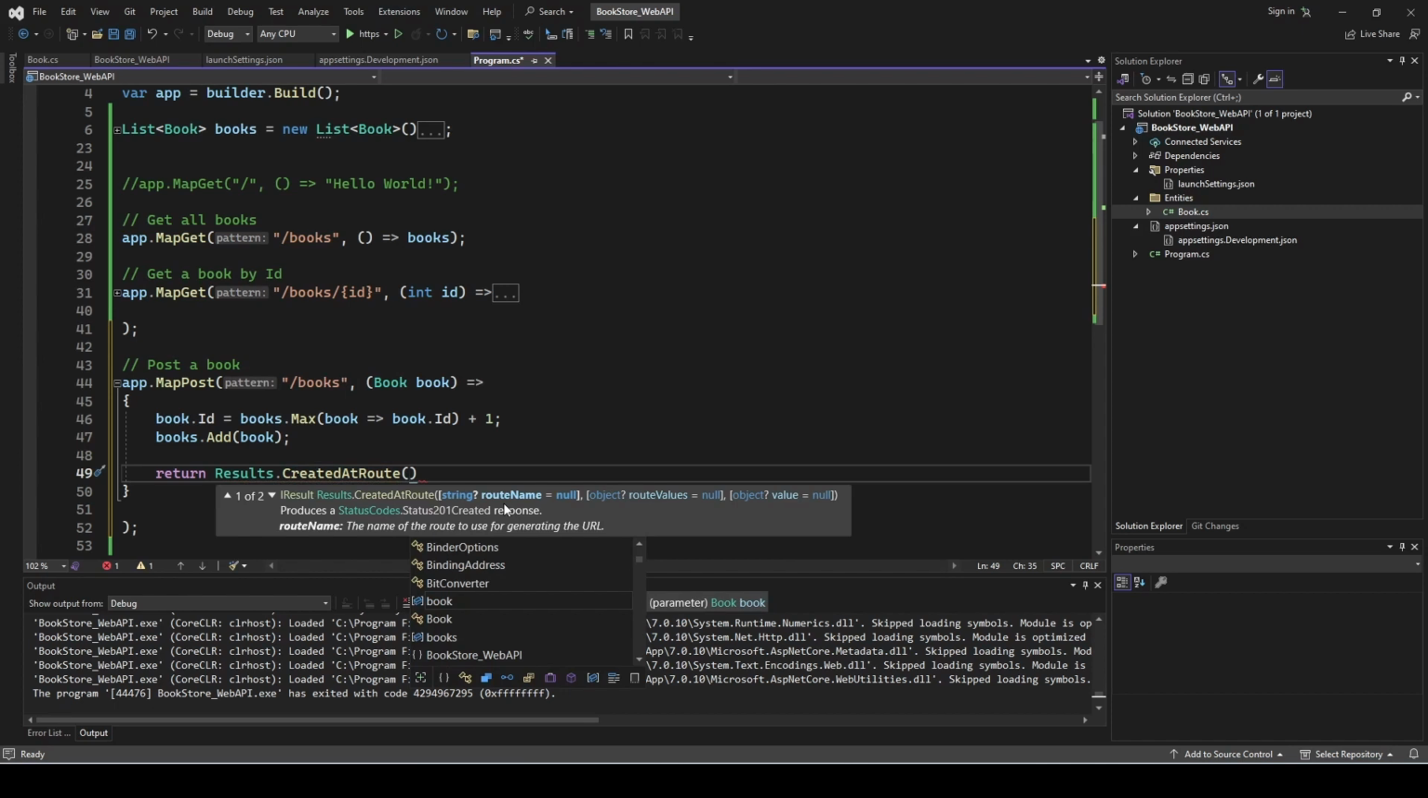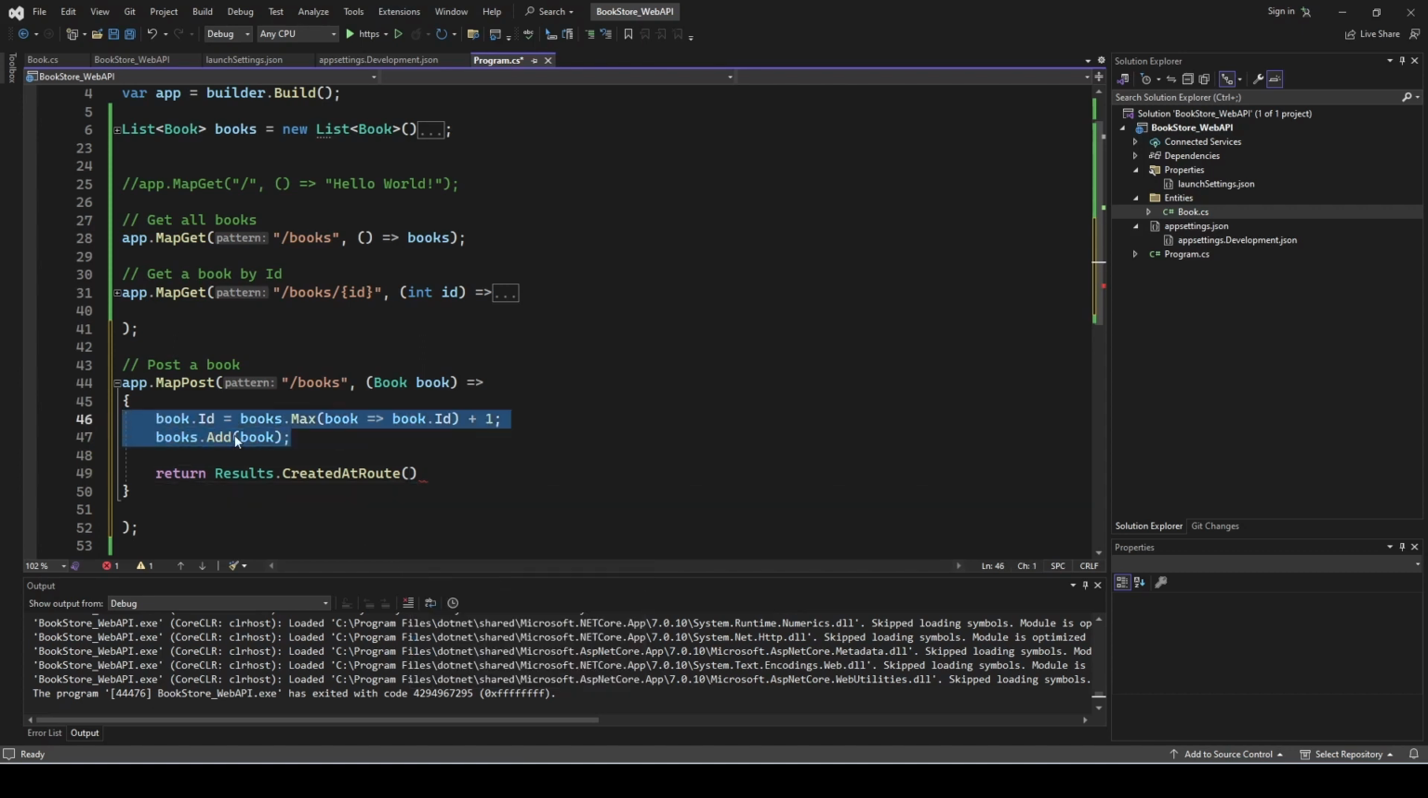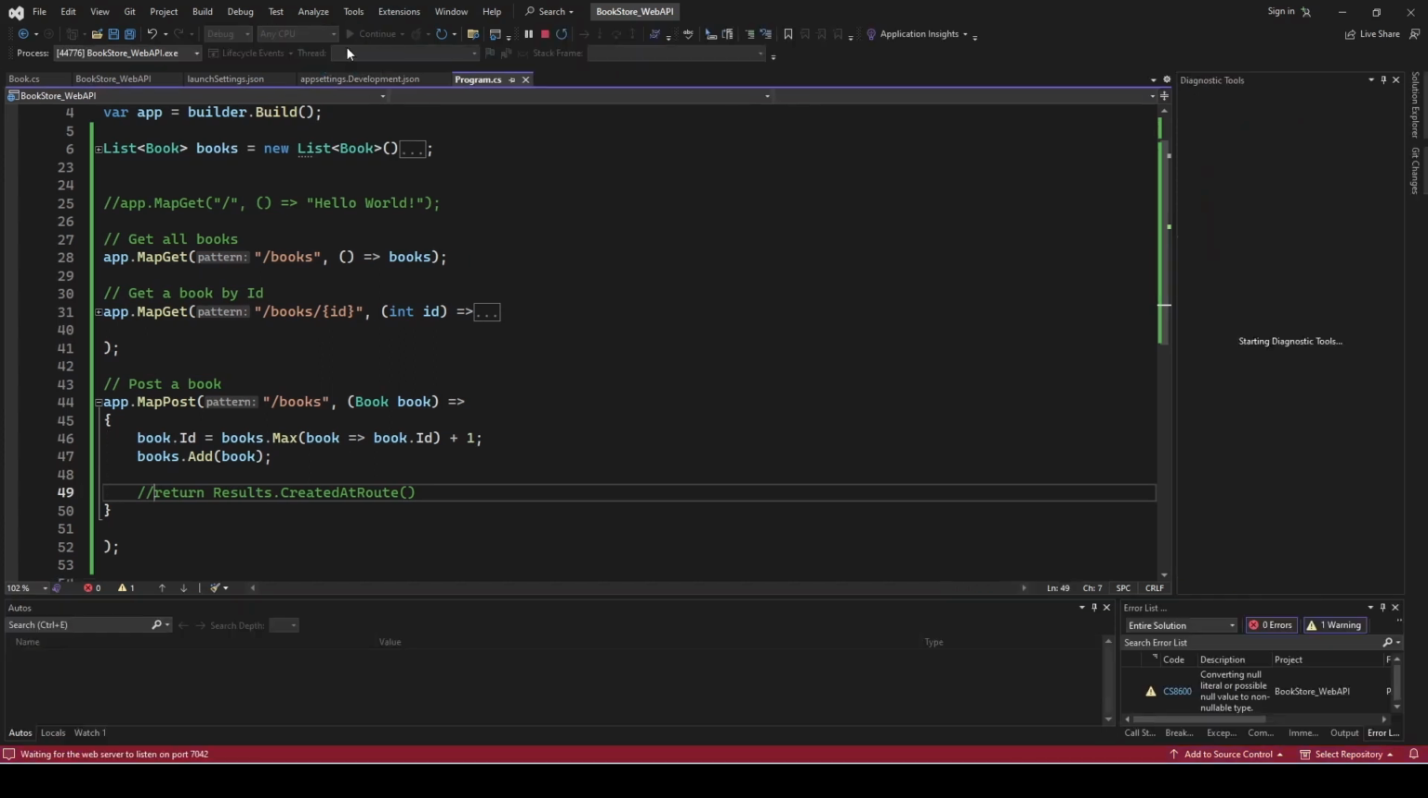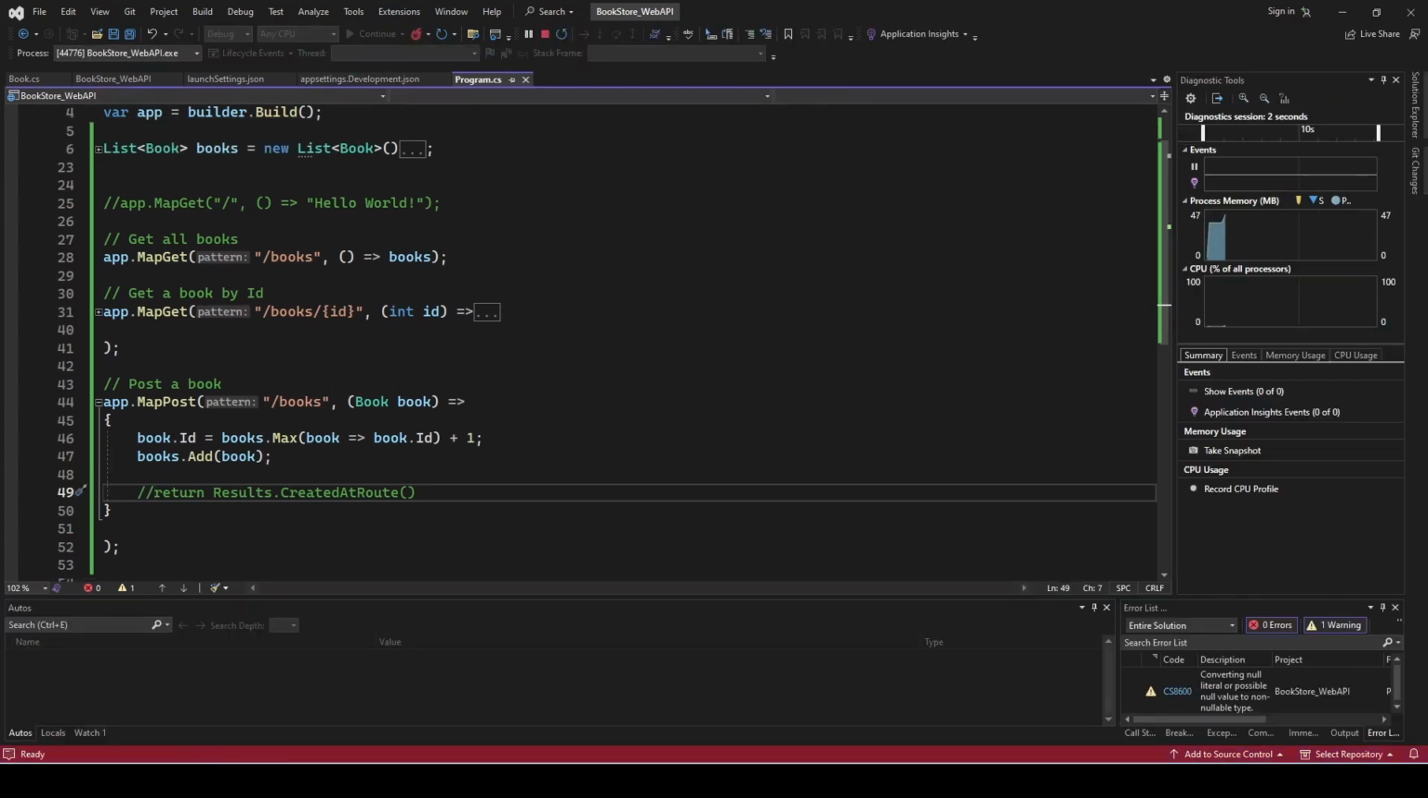So the route endpoint name, and since I would like to use the get endpoint to hit that again to tell us what got created, right? Actually, what I'll do is maybe just leave that for now and show you how it works without doing anything. So if I run the application, right, and